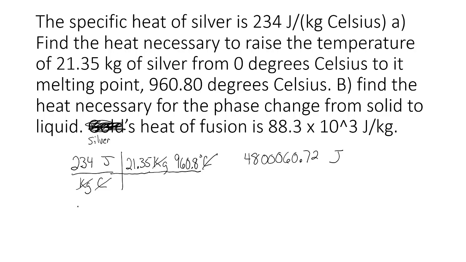So we're going to start with that formula unit of 88.3 times 10 to the third joules per kilogram. And what I want to do is cancel out the kilograms, 21.35 kilograms. That will cancel out the kilograms, and all that will be left is joules. So we'll do 10 to the third power times 88.3